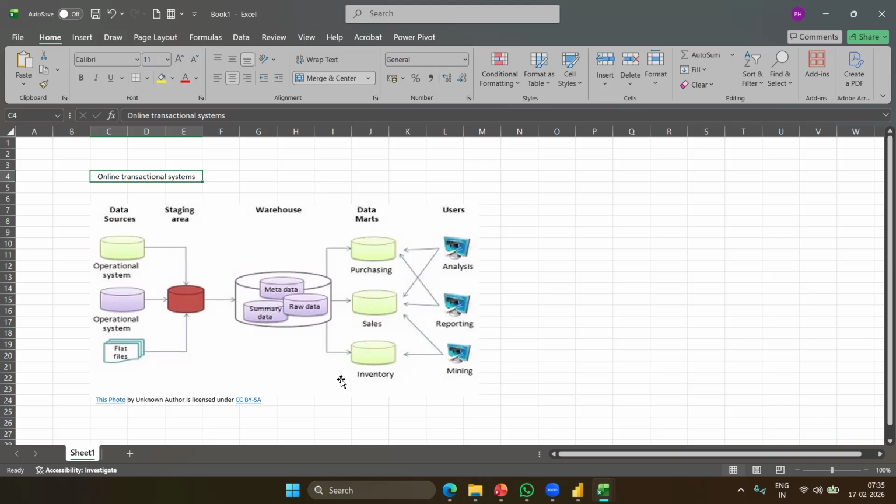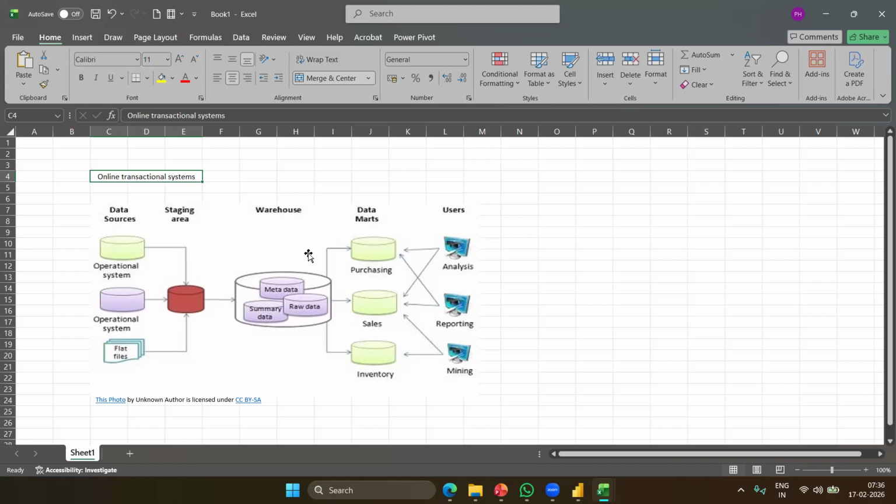Whereas in the warehouse, the aggregated data is stored in one part and the complete history is stored in another one, and the metadata is also stored. Now, whichever reporting or analytical users want to do that, they will query on this one.